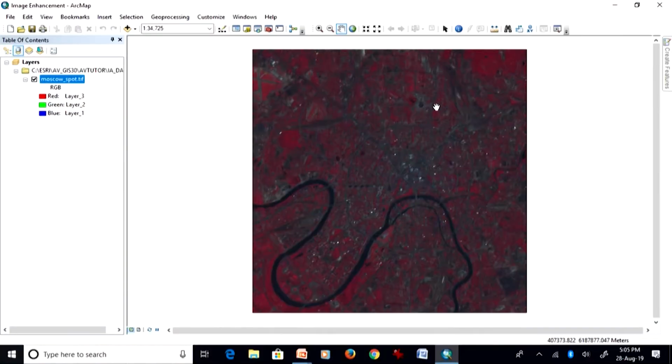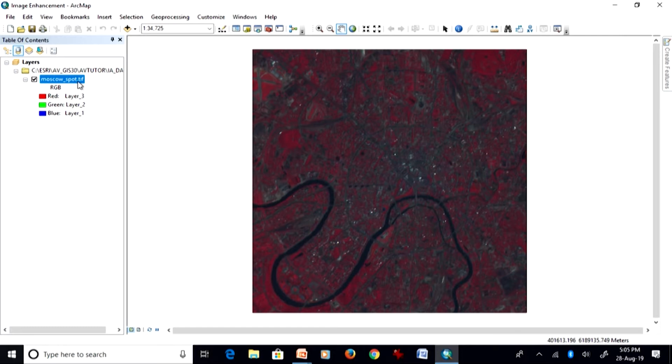and we will see how false color composites are formed and how different permutation combinations can also be done here. So we go back to that software. In the earlier discussion also, we left with this image. This is a raw image of a SPOT satellite of Moscow, and there are 3 layers. But the first time when you add this image, there will be a different scenario.